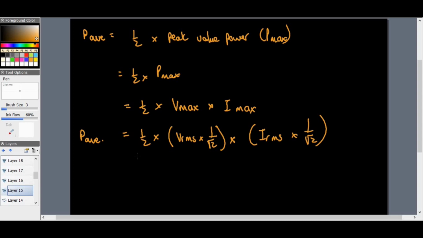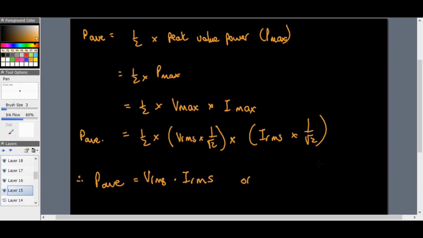Basically, we can form new formulae. Since we're replacing everything here with square root 2, this is obviously a half, that's all going to be divided by 2. So what we have is new formulae to say, therefore, P average can equal Vrms multiplied by IRMS,